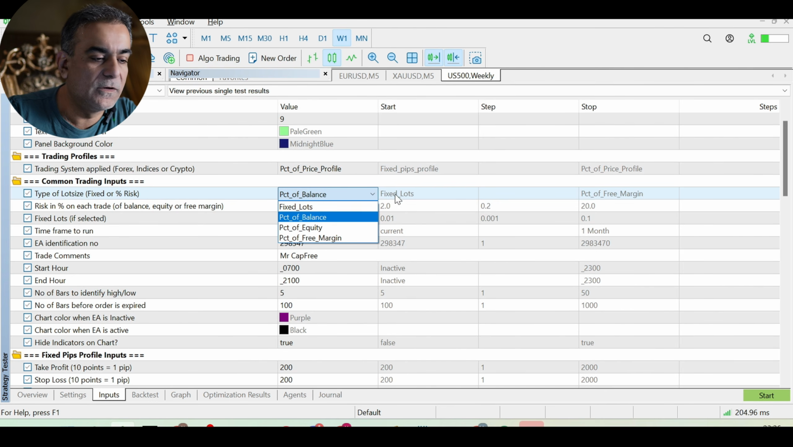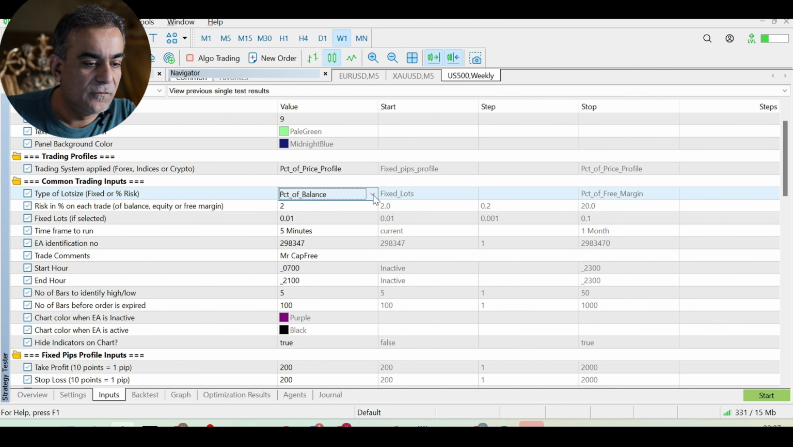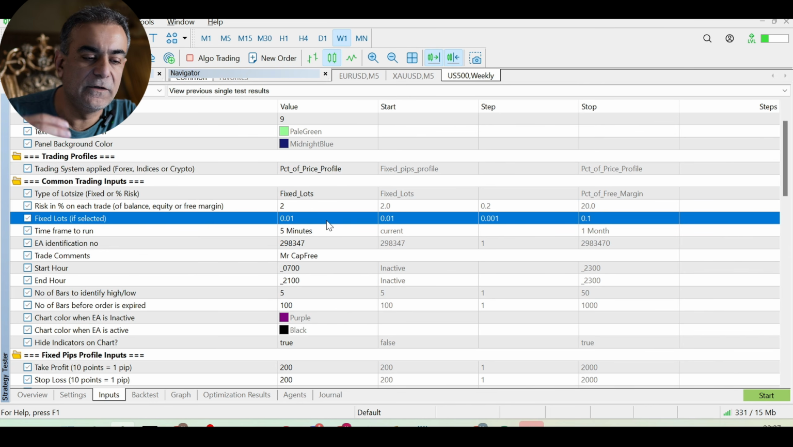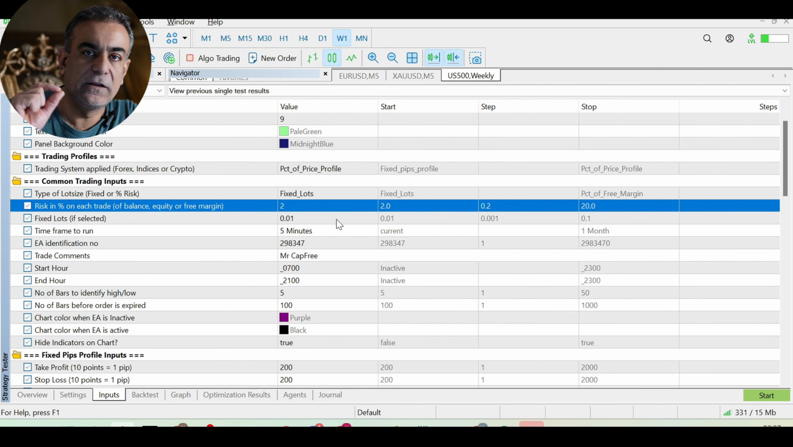And the other setting that we're going to change before we start with the prop firm things is to have a drop down where we're going to have the lot sizes based on either fixed lots or percentage of balance or percentage of equity or percentage of free margin. In case we select fixed lots, then we need to say what is the value of the fixed lots. And if we go for anything else, which is a percentage of balance, equity, or free margin, then we need to input here what is that percentage. So these two features we're going to add first